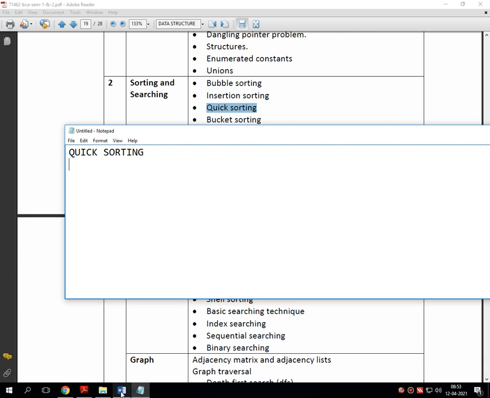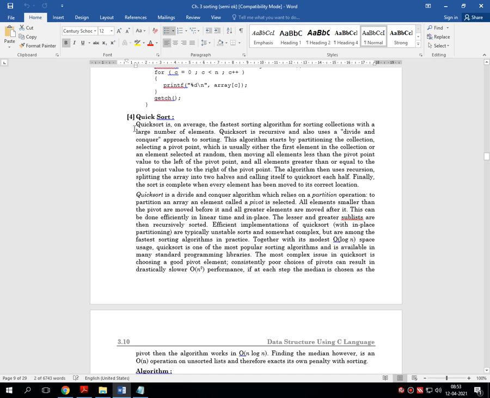The theory of quick sorting says that the quick sorting technique is the fastest sorting algorithm in which a large number of elements are divided into sublists, then the separate sublists are sorted and merged, so the entire bigger list gets sorted very fast.